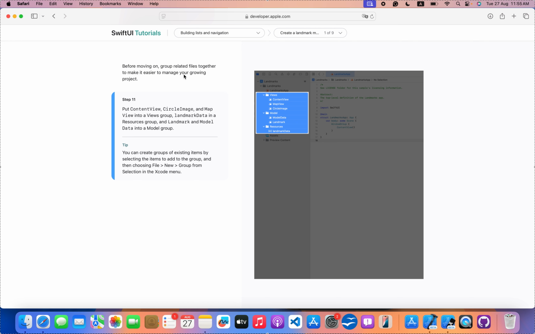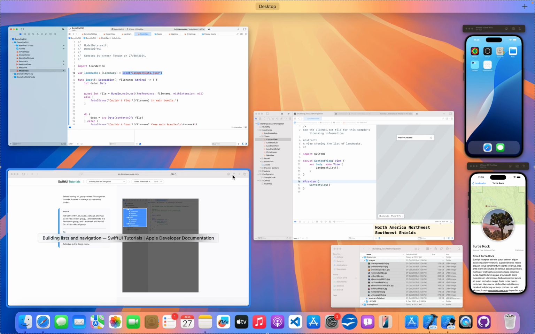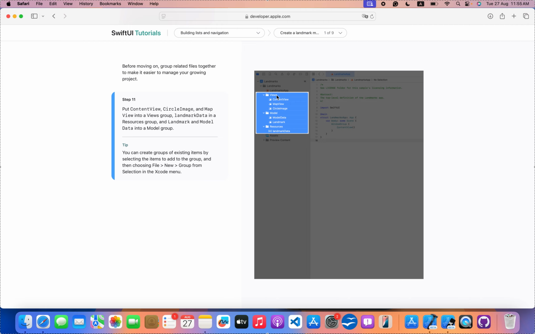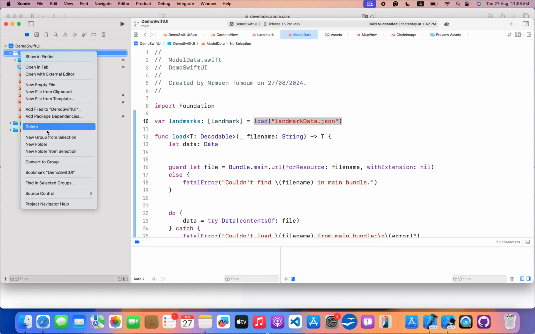Before moving on, group related files together to make it easy to manage your growing files. Okay, so he's starting to give us some tips and tricks regarding file structure. He created some groups like views and models. Let's keep his structure and go with the same structure. So we will create a new group,